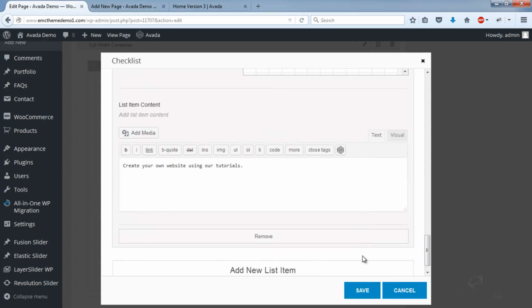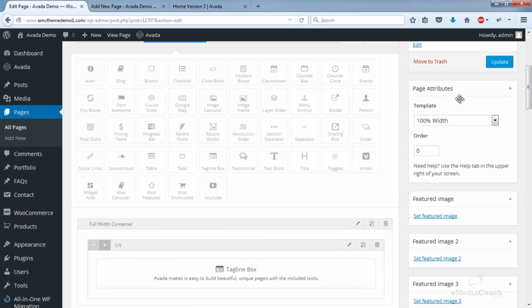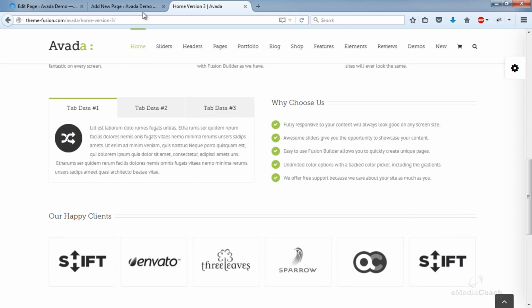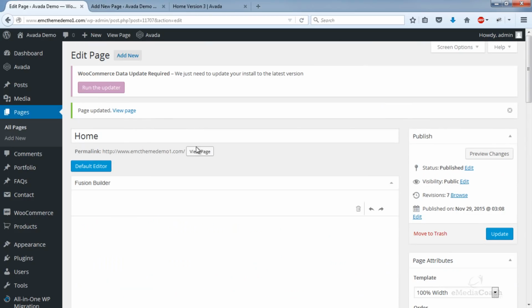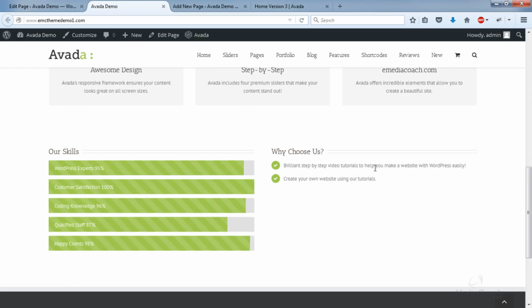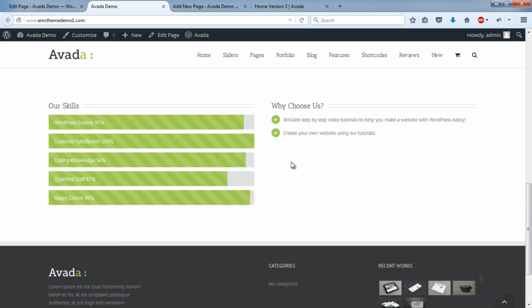Okay, let me just save that for the time being and click on update. I just want to make sure it's appearing as I intend before I go too much further. Yep, that looks fine. Perfect. Okay, so I'll keep doing that.